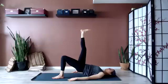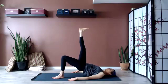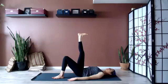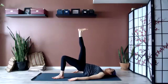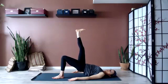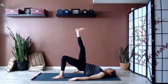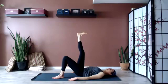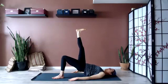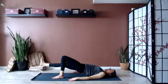Here's 3. Here's 4, halfway there. A few more. Few more. Press those shoulders down, back of skull heavy. One more time, lower, lift, and then allow that right heel to touch the earth and lift the leg back